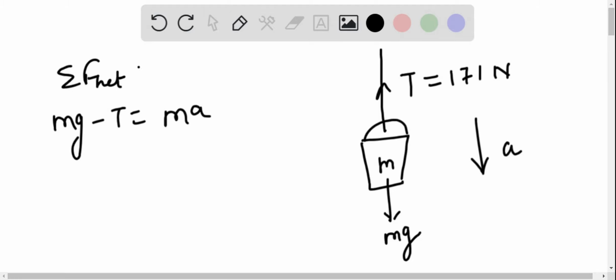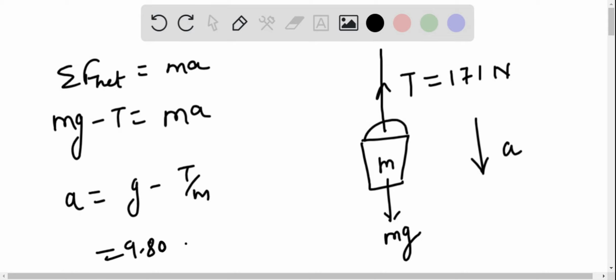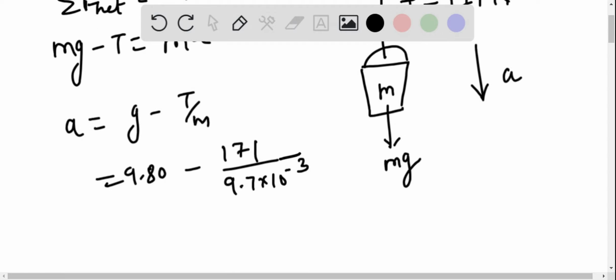F net is equal to m into a. So from here, the acceleration will be equal to g minus T by m. This is 9.80 minus 171, and the mass of the bucket is given as 9.7 gram. So this is 9.7 into 10 to the power minus 3 kg. So the value of acceleration is equal to 9.80 minus, this is equal